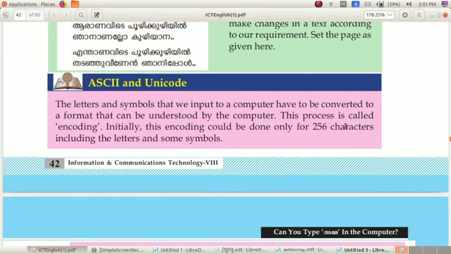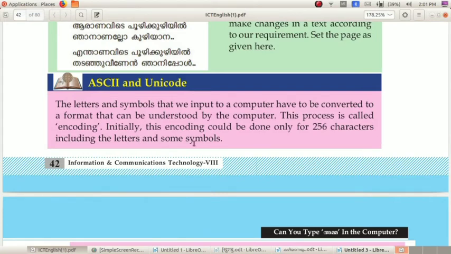Okay, for that there is a process called encoding, which means the letters and symbols that we input into a computer have to be converted to a format that can be understood by the computer. So the conversion of letters and symbols to a language that could be understood by the computer is known as encoding.